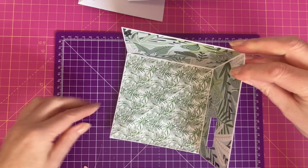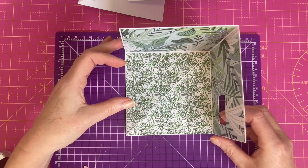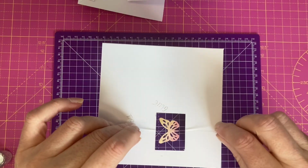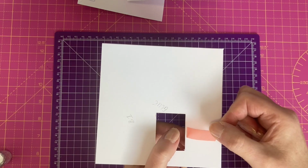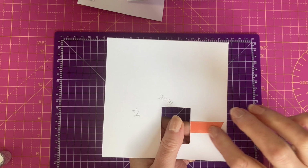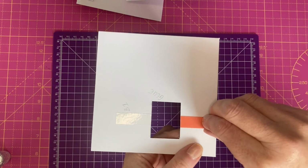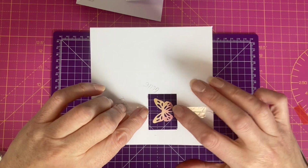So I've glued down my base because with the elements I'm going to be making now, the pop-up elements, etc., I want to make sure each time that the card folds properly. I'll lay it like this, you should be able to see. Lay that down in the aperture. I'm going to take some red liner tape, sit that in the middle of the aperture, gently burnish that down. Put that on there, take off the backing of the top, and take off this one as well. Lay my butterfly in the gap, just push that down,